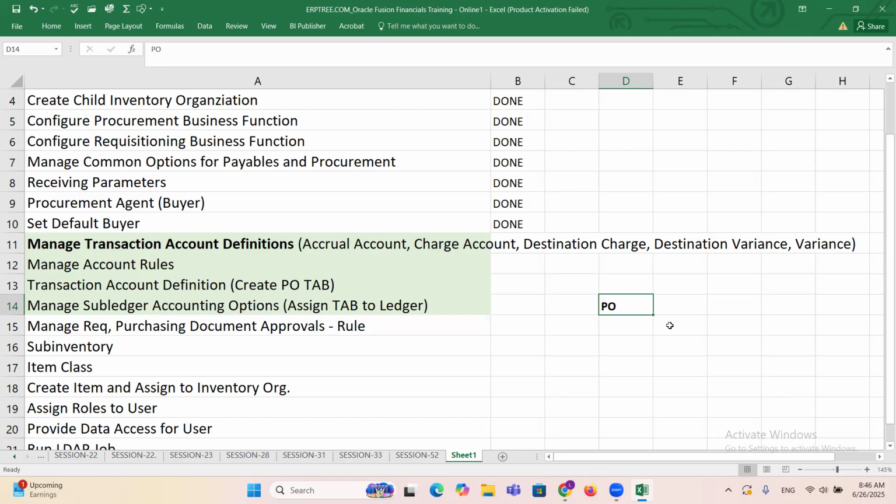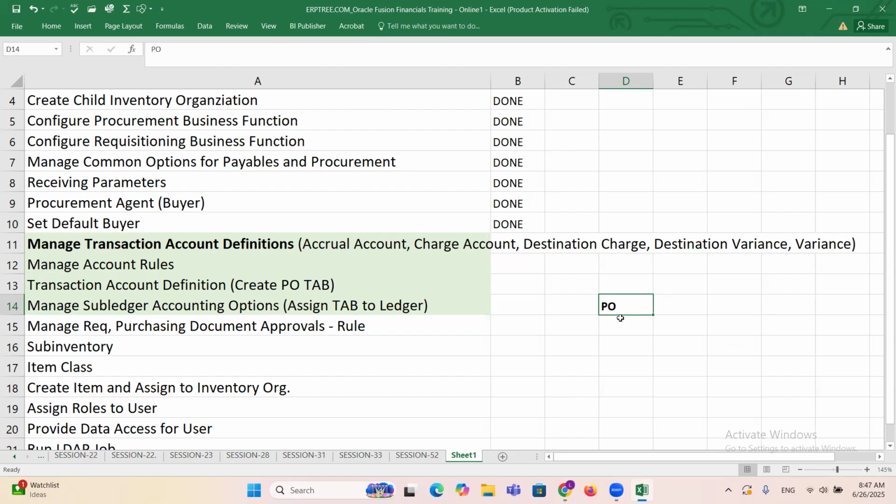When you create the requisition, the system needs only one account. When you create a purchase order, the system needs these three accounts to pass to the rest of the process. One side to pass to inventory related. Against that PO, you create the receipts, it will pass that entry account. Against the PO, you create an invoice, that account it will pass to payables. What account it will pass, we will see that. Now the very simple point is, we have to set up the accrual account, charge, and variance account